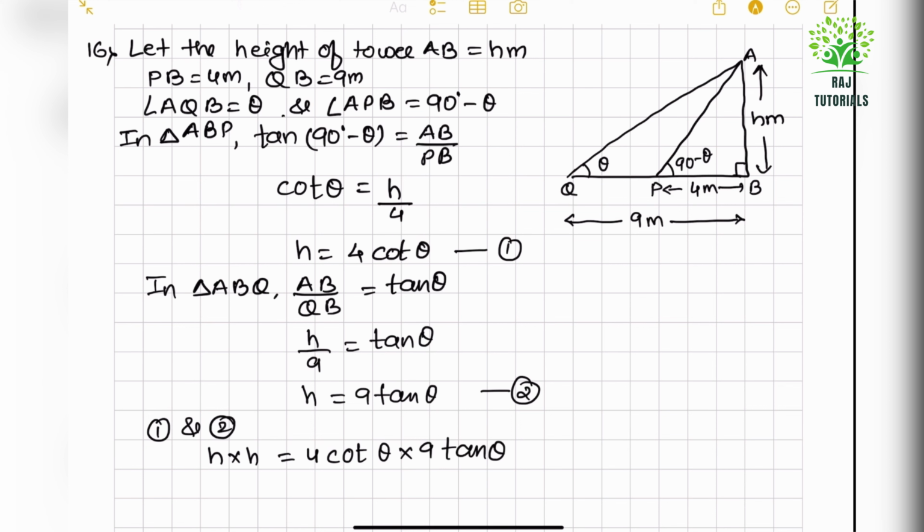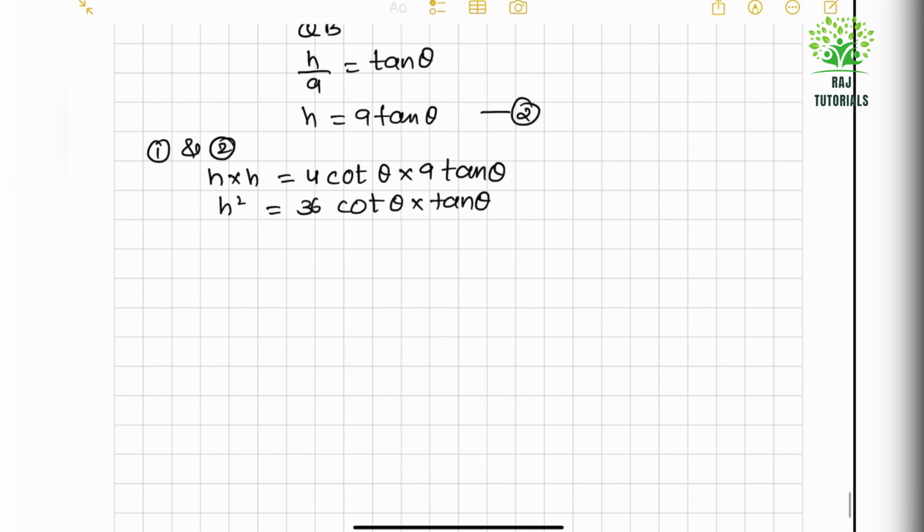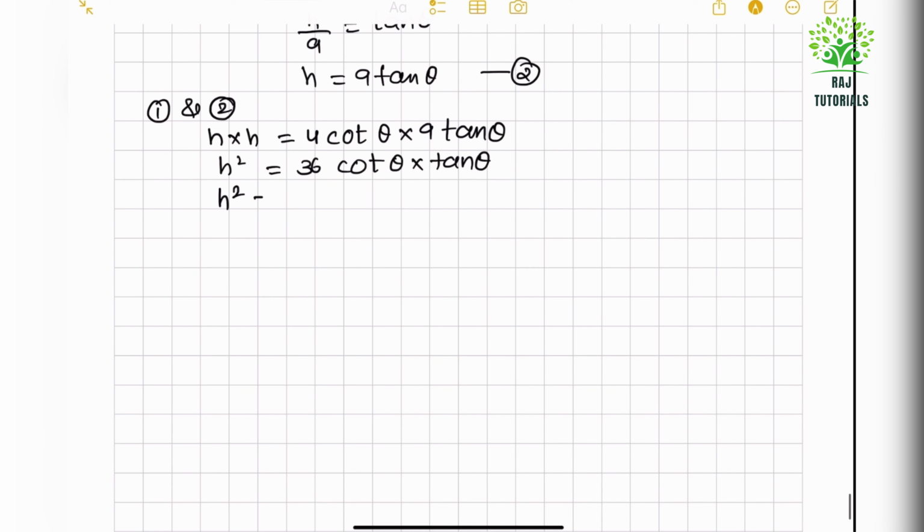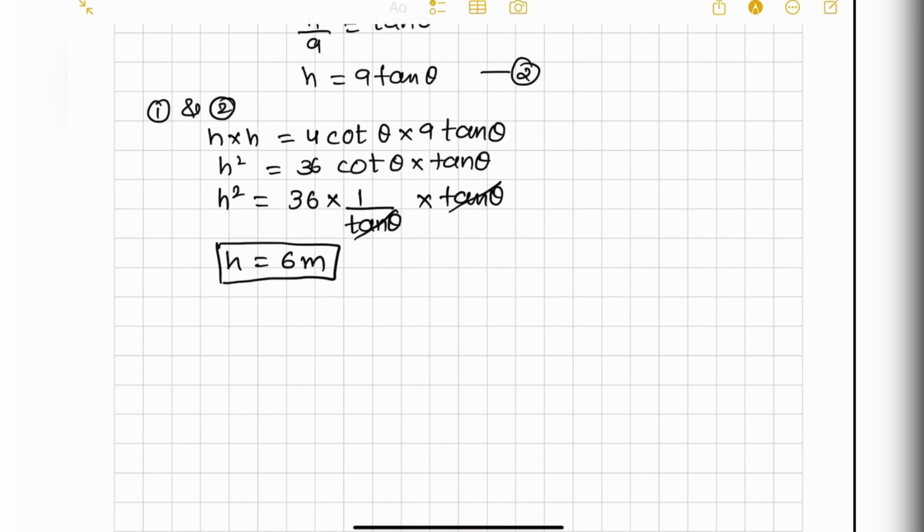So 1 and 2 says h into h equal to 4 cot theta into 9 tan theta. So that will be h square equal to 36 cot theta into tan theta. So I can say h square will be 36